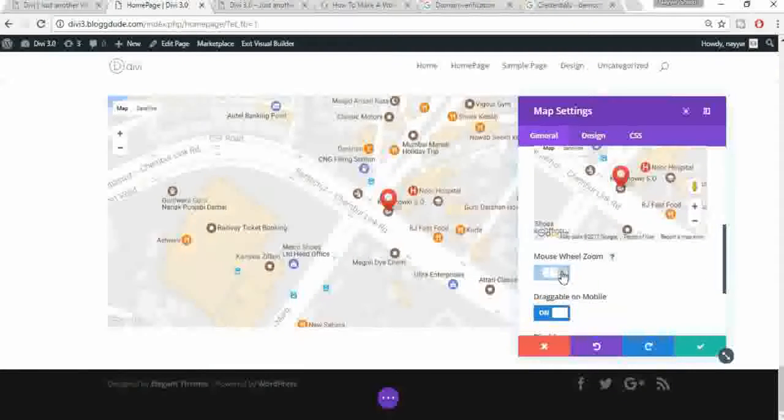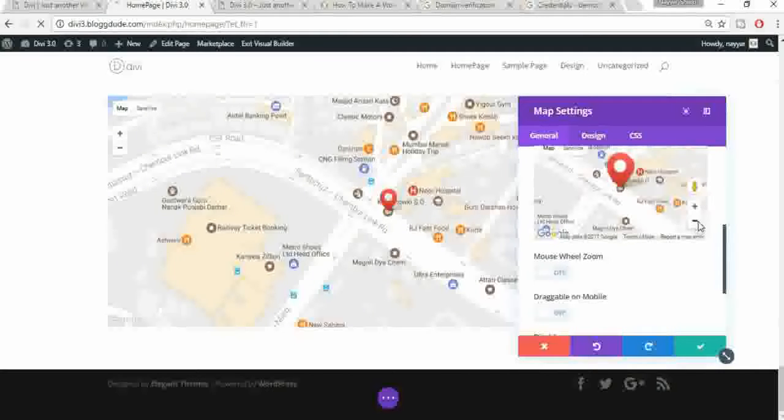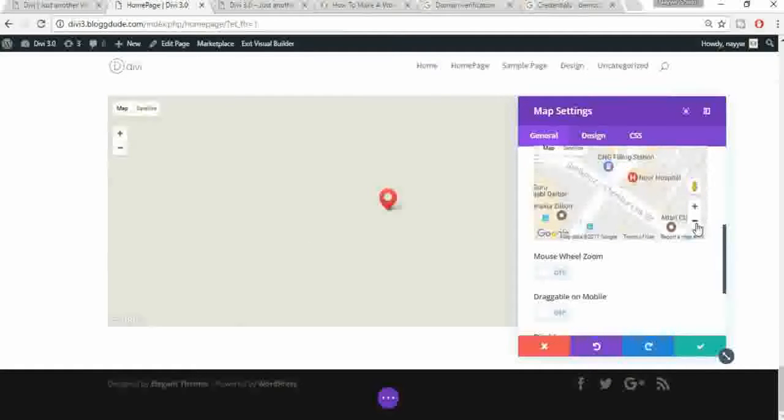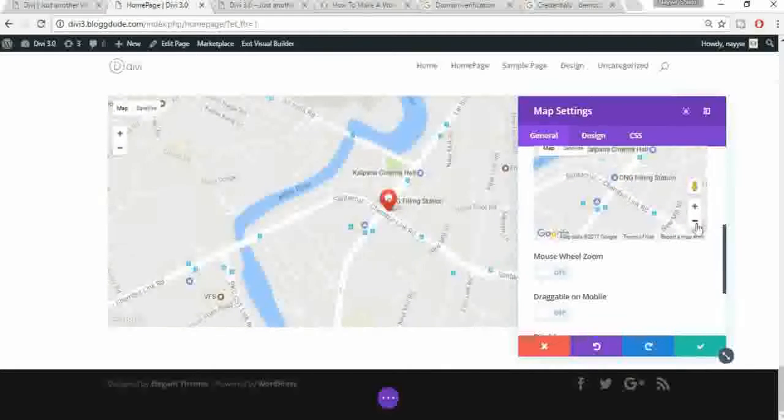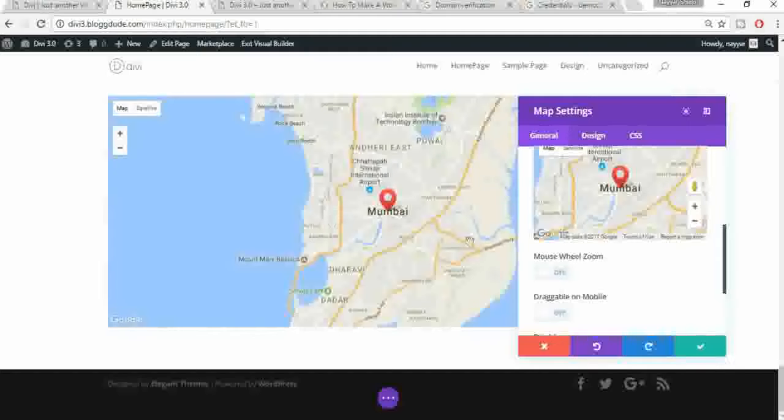I would say no to this, just off this setting, because sometimes what happens, when you're scrolling in the website, the image gets zoomed in and zoomed out, so we don't want that. So make both this thing off, and suppose you want to make this thing some smaller, you can zoom out from here. Okay, this is our beautiful Mumbai. So just click on save changes,